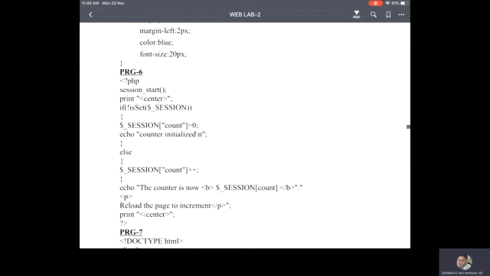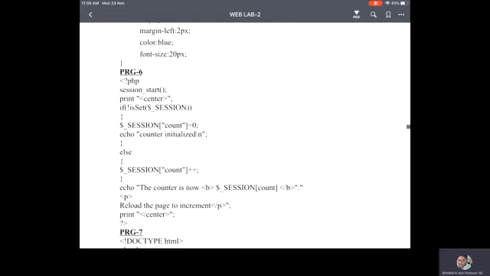We all know the PHP syntax: how to start and end PHP, and how to use values, variables, and arrays. Everything is covered in your syllabus. Okay, let's start with the session part.